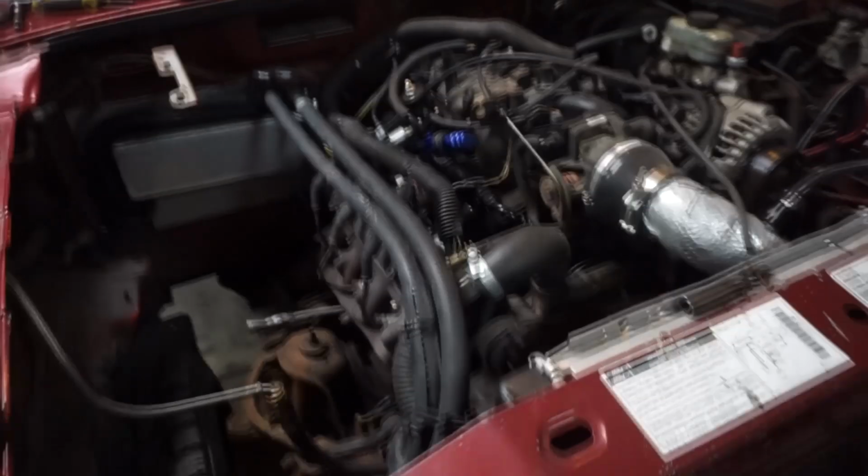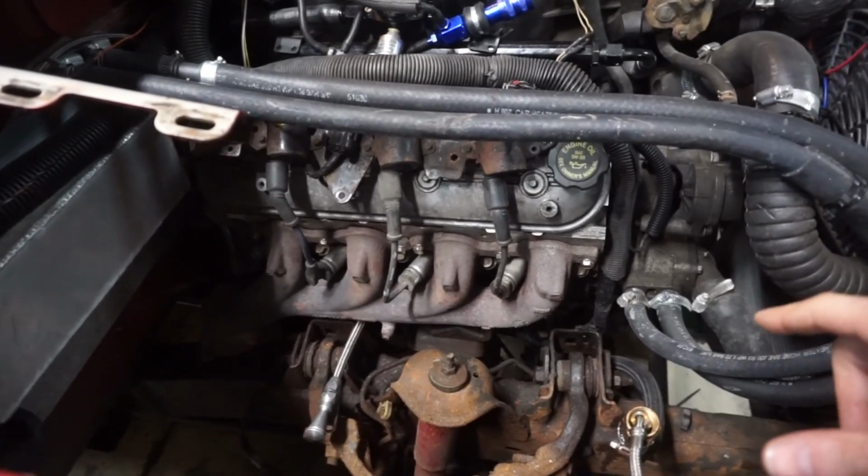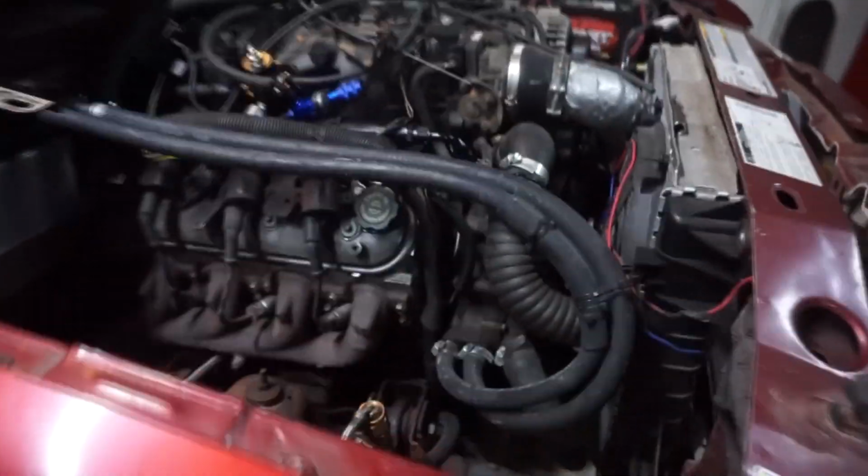I did run it with the manifold on, no bubbles in the radiator. I looked at the oil. Oil looks nice and clean, so it must have just been the fuel that was in the oil, this milky junk. So I'm just going to go with that, and what I'm going to do now is mark this manifold,